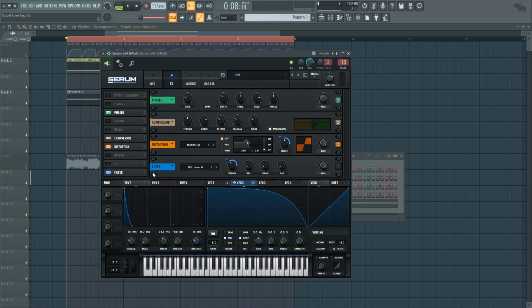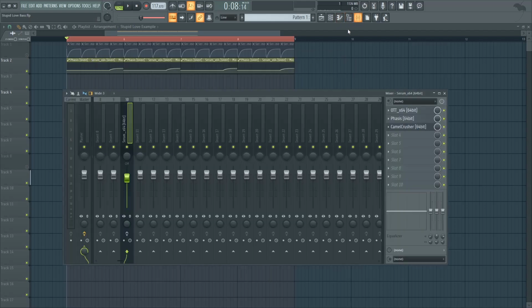Then we're adding another filter, since the distortion and the compressor have added, in my opinion, way too much sustain to our sound, and we want it to be plucky and fast, to have a fast decay. So that's why we're adding another filter, a low pass filter that I'm controlling using the same LFO. Notice how it removes some of the sustain that our sound had. So that is it for Serum, and now we're adding some additional effects.